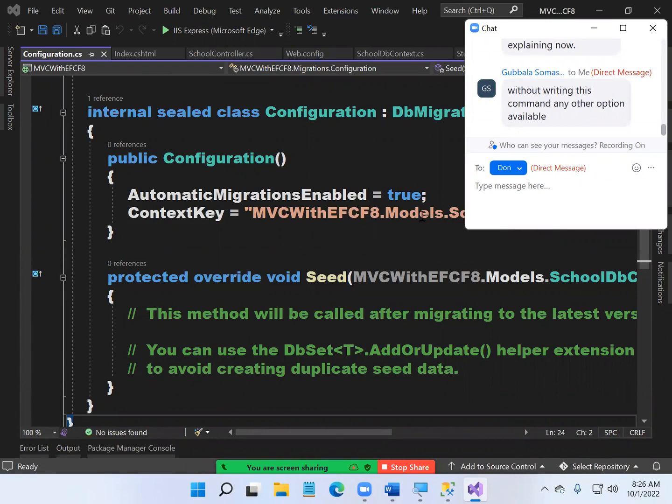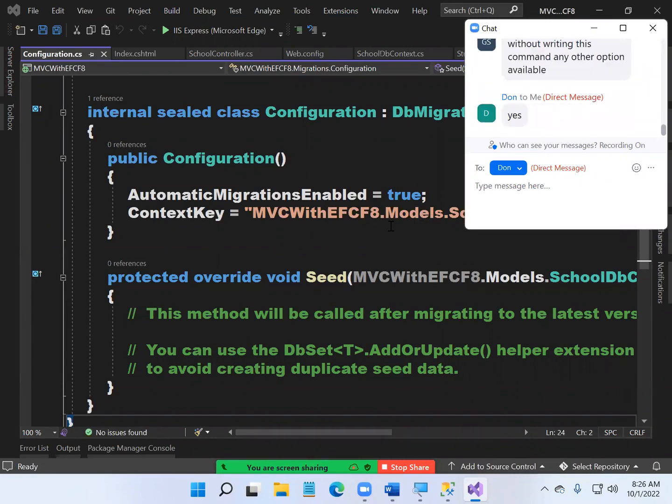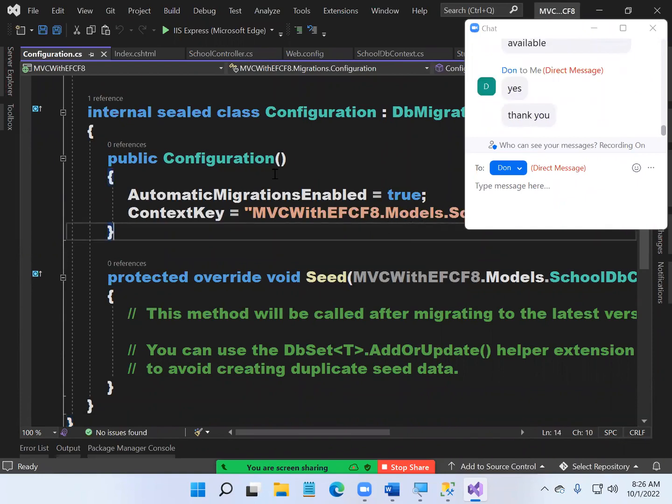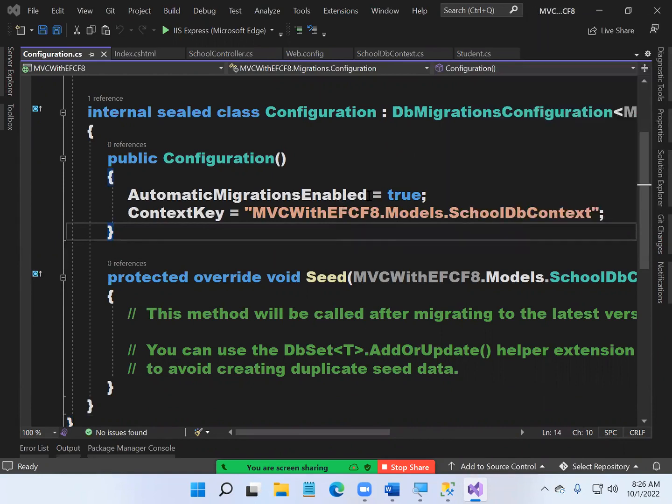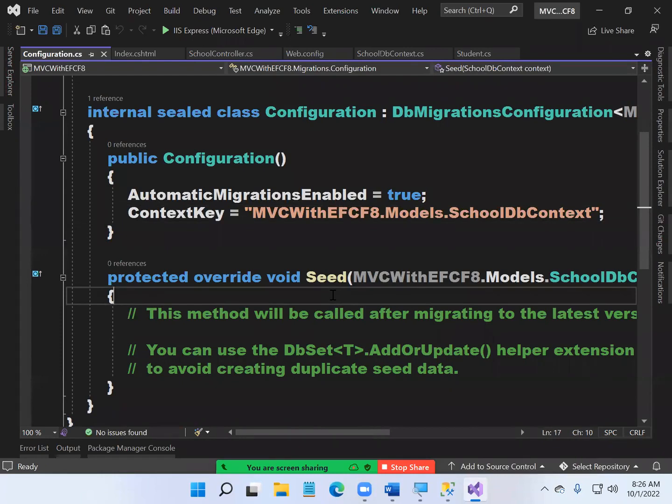You need to do it like this only. Okay, so guys, this is a class which is defined for you automatically. Now don't bother about this. The next thing you are required to do now is